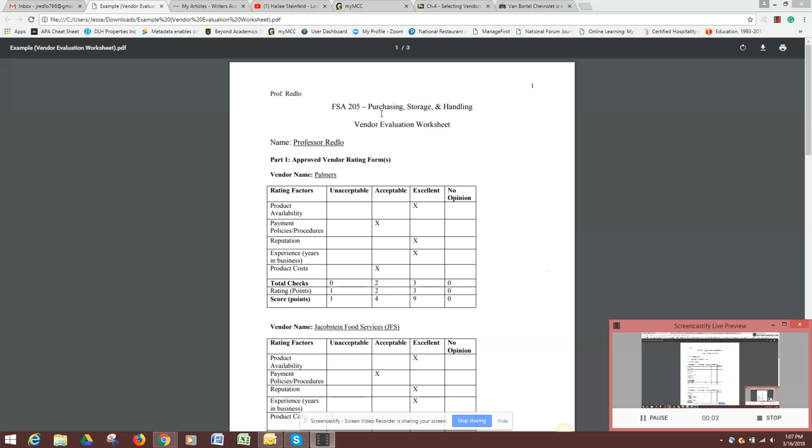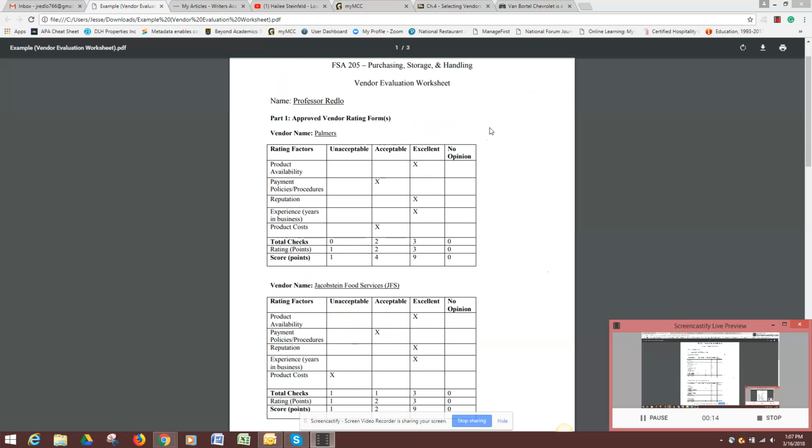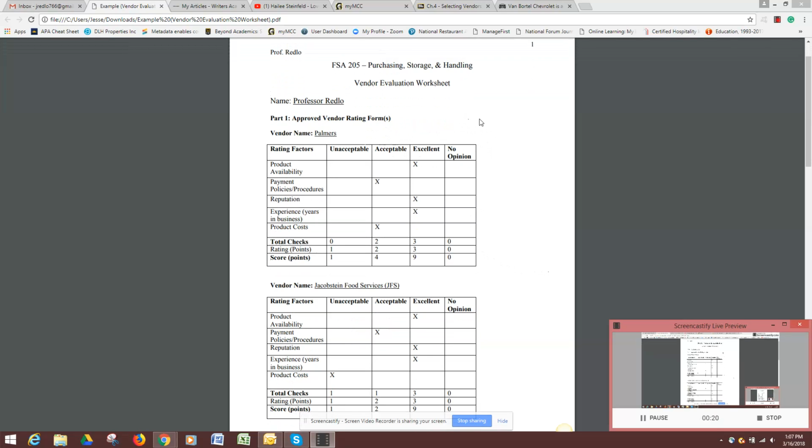Hello all, this is my example of how to evaluate 4 different vendors and summarize your findings. For this example, I've chosen Palmer's, Jacobstein Food Services, US Foods, and BJ's Wholesale Club. The first part of our vendor evaluation is to go through and rate each individual vendor based on certain